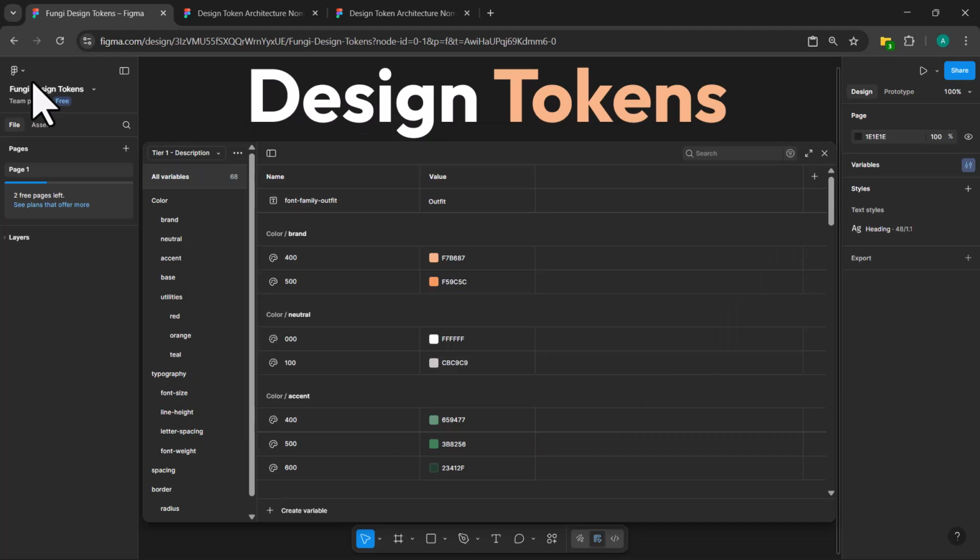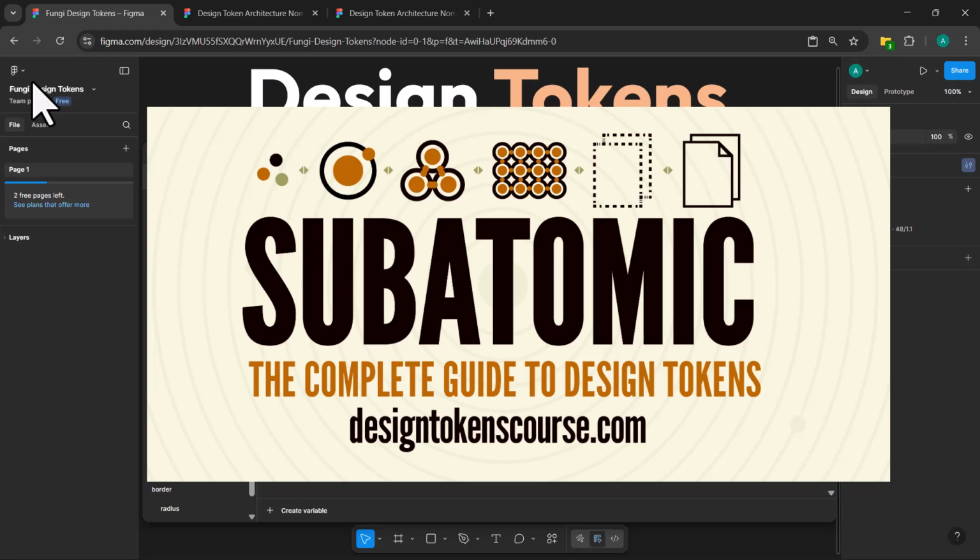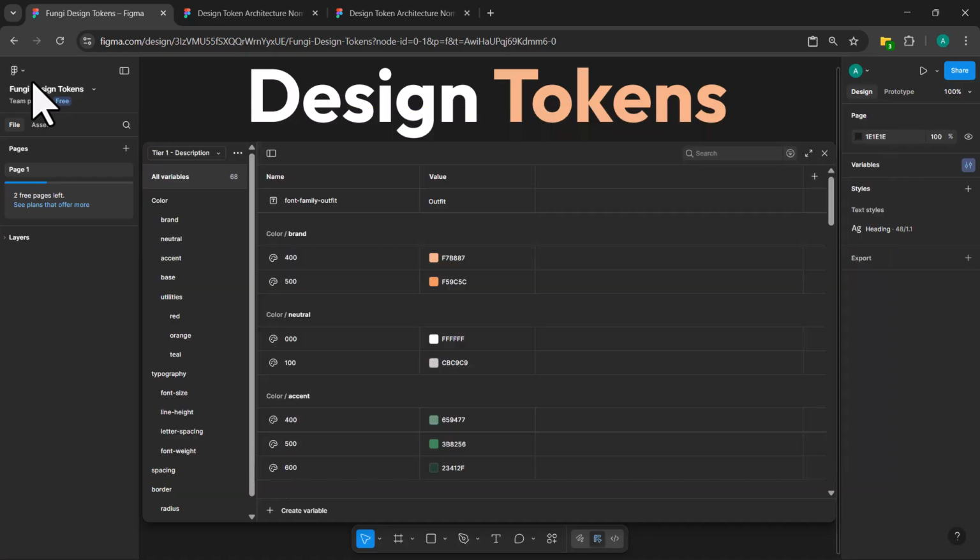Now, where do design tokens fit in the bigger picture? Design tokens are what Gina Ann called the subatoms, the smallest pieces of the design system. They are the abstracted visual variables that form the bedrock of Brad Frost's atomic design, serving as a single source of truth for every component style. To put this in perspective, think of tokens like master recipe ingredients. If you decide to swap sugar for honey in your master recipe, every cake, cookie, and pastry that uses that recipe automatically gets the new ingredient.